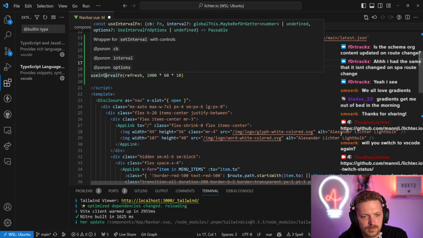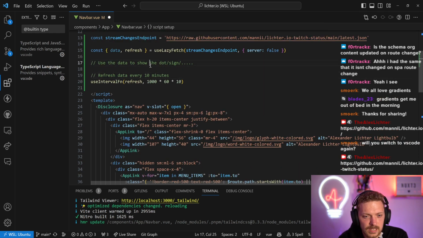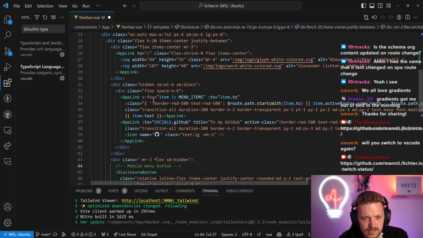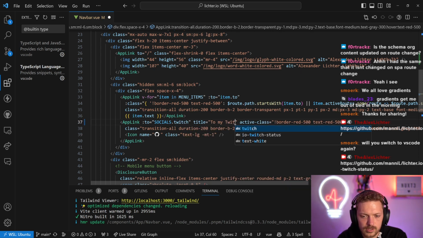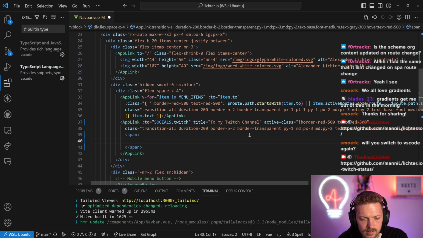This is the beauty of Vue use, because it comes from VueUse. All right, and now we will go to the GitHub part, which is here, right? And maybe we just link to Twitch here instead and say to my Twitch channel. And instead of this, let's do a span here and say data.value